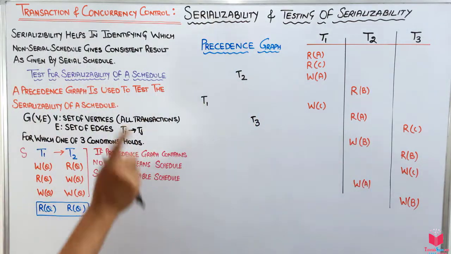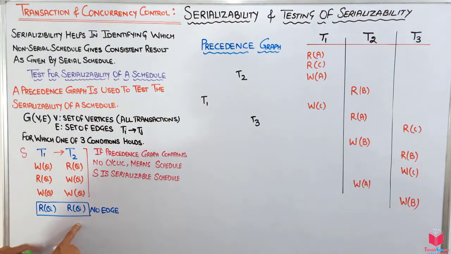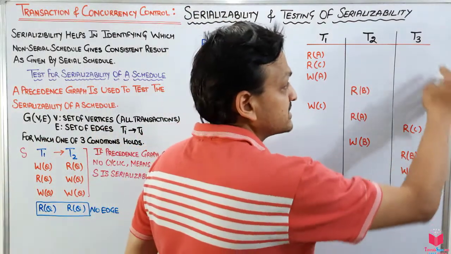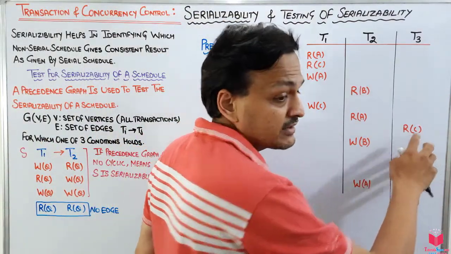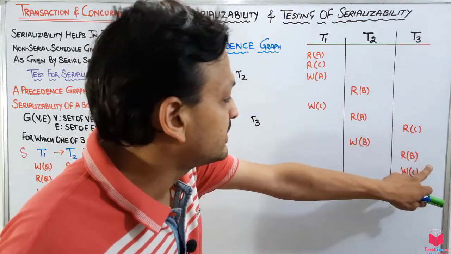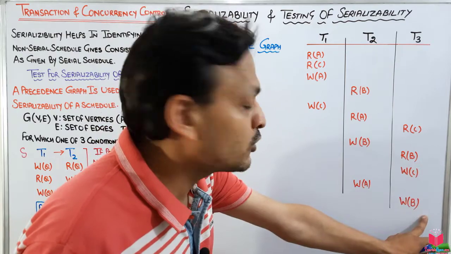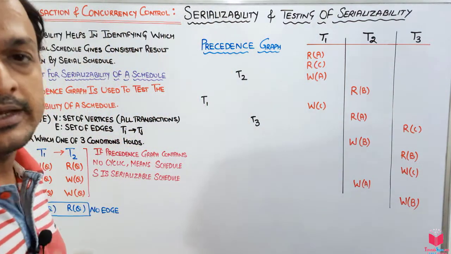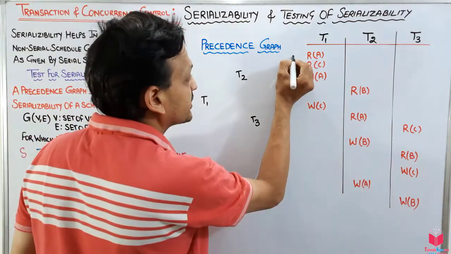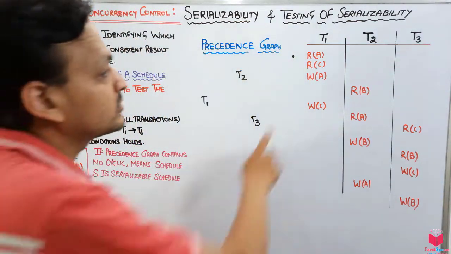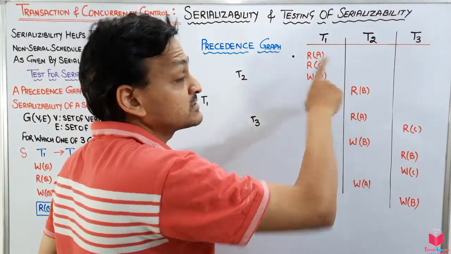Okay guys, I found the same variable, and a read operation on the same variable gives no edge, so I will move to another transaction. There is a read operation on C, but the variable is A, so I have nothing to do with C. I will check for A. There is no A, that means this operation will not give any edge, so I just put a dot here, that means it's just empty.